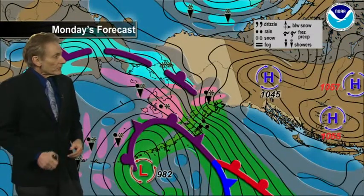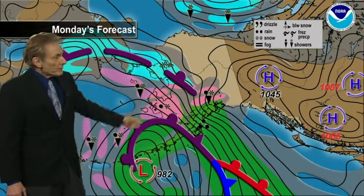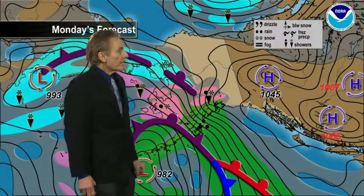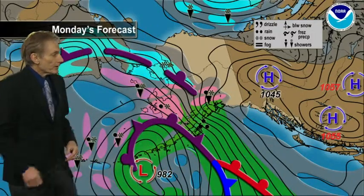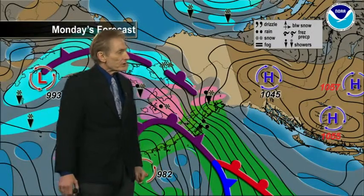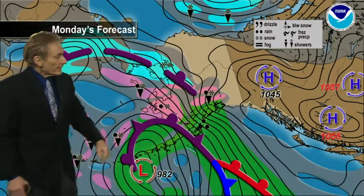For the Monday outlook, that first front here dissipates, swings up to the north, still a band of areas of light snow up over the Seward Peninsula, north to possibly the Noatak Valley, definitely back across Selawik and Kobuk valleys, and on down to where just some scattered rain and snow showers will be occurring. But again, the strong high pressure here beginning to recede off to the southeast a little bit, but holding strong enough. We have quite a gradient here, so pretty gusty winds, storm force winds from the Barren Islands, possibly out along the North Gulf Coast during the day Monday, with rain moving northward and northwestward and extending all along the